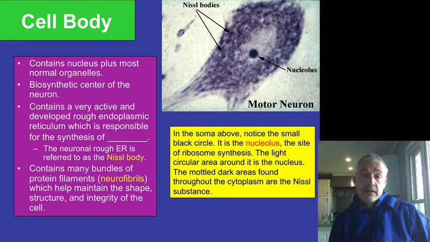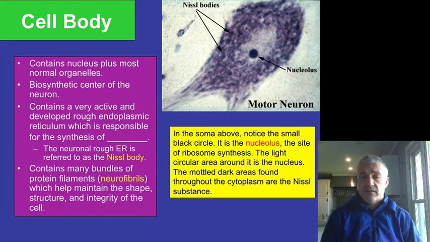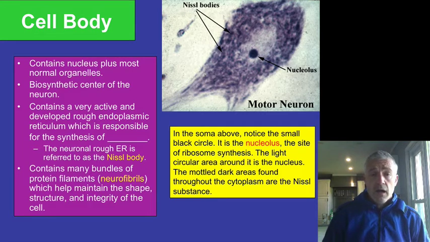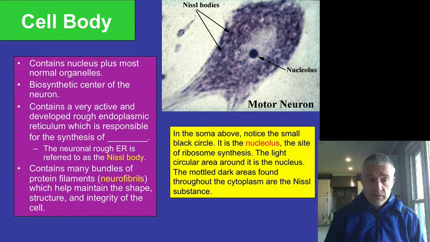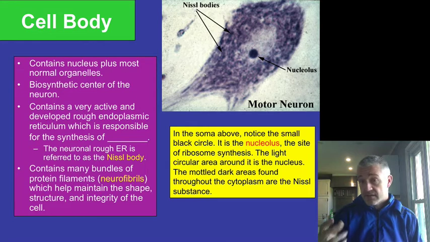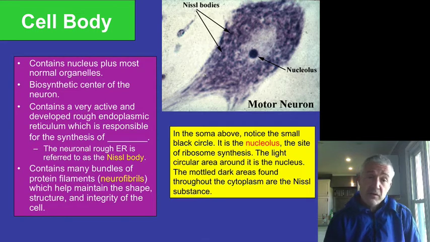So the cell body generally is going to be very granular looking in a neuron. This is because there is a lot of endoplasmic reticulum. A lot of times we refer to these as Nissl bodies, but this is where we're making all that neurotransmitter, which is usually proteins, so that protein formation. So this is really rough endoplasmic reticulum in a lot of this area,